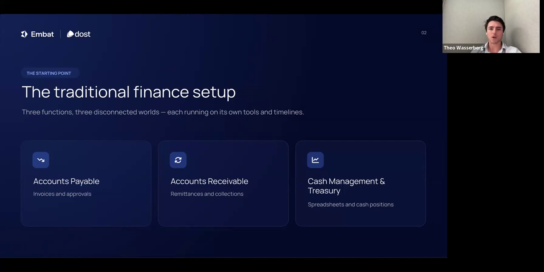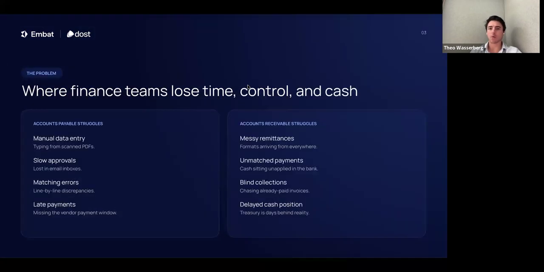Yeah, 100%. Well, look, perhaps then we start on the Dost side and talk about how you really get that data and where you bring that in from. Yeah, absolutely. So the Dost proposition is very different to our competitors. Without getting too technical, the important thing is that we use a VLM model, which is a visual language model.